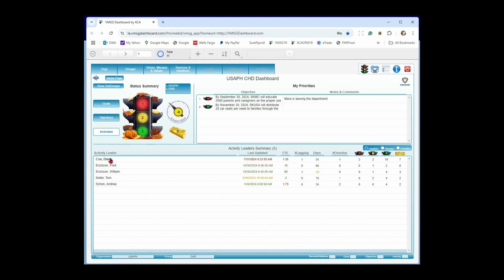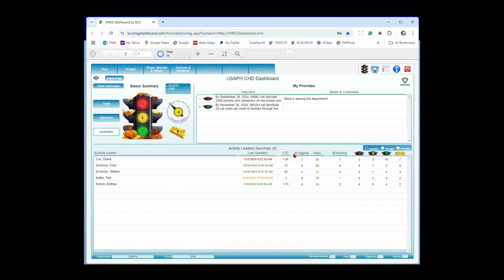So you can see we have the people that we assigned as activity leads down here in this column. The last time they were in here, it updated their particular activities or objectives down here. And you can see the color code. Green is less than 30 days ago. Yellow, 30 to 60. Red is over 60 days. Again, in an ideal world, it'd be nice if everybody was in the green so you're working with the latest